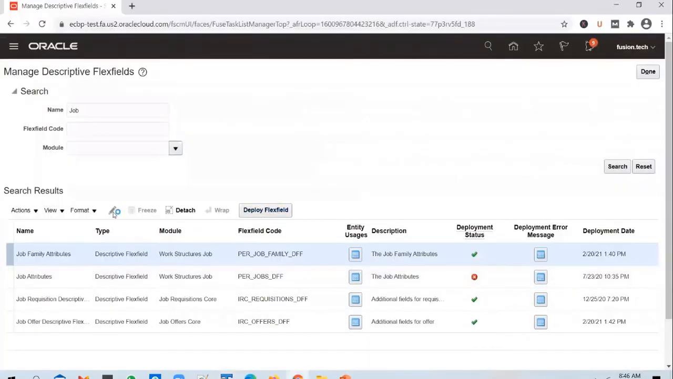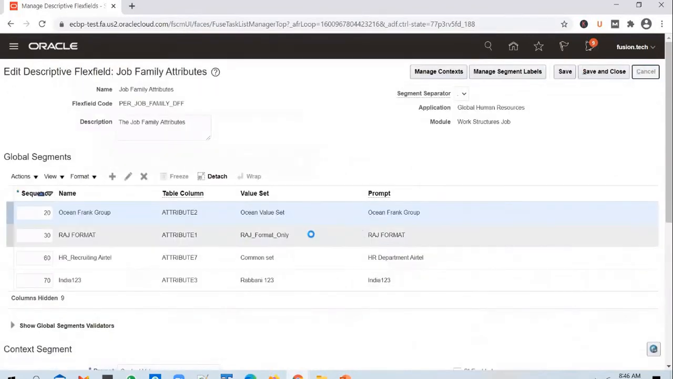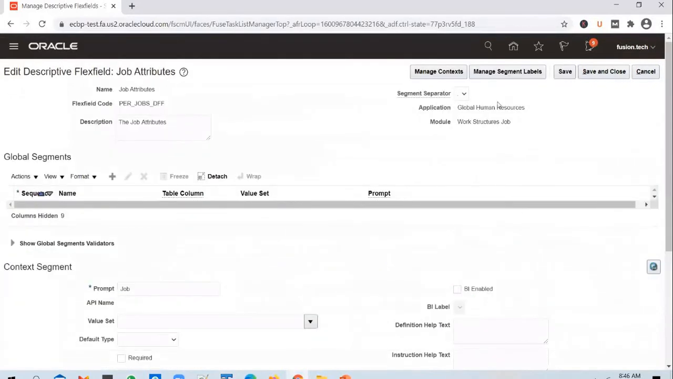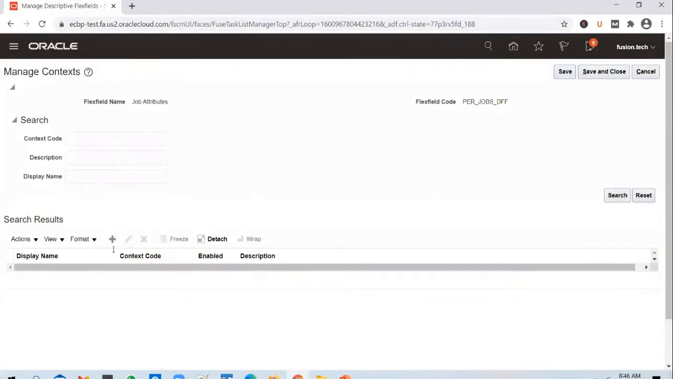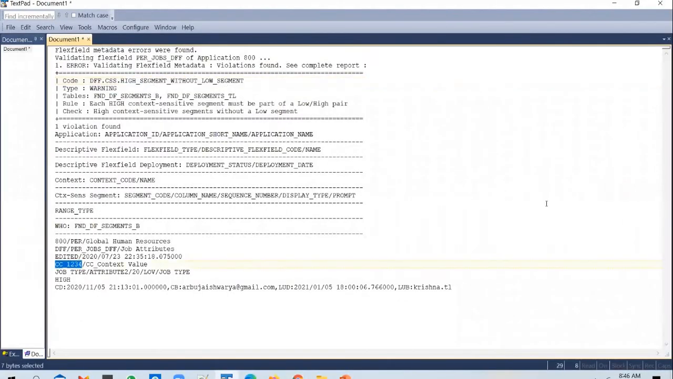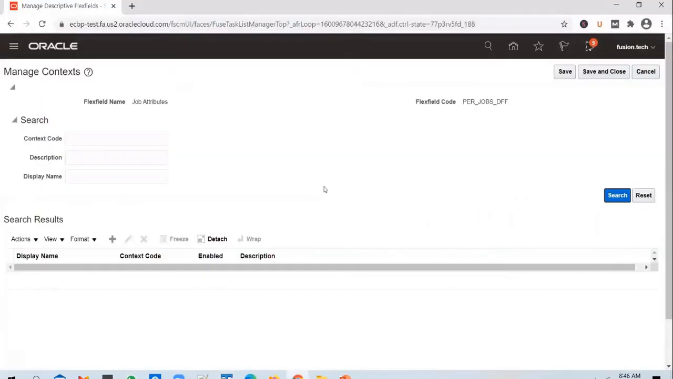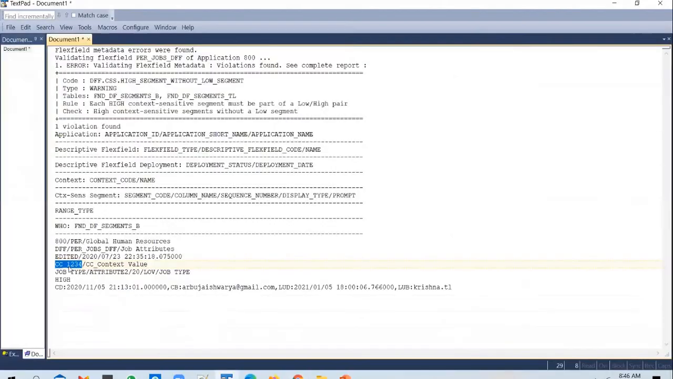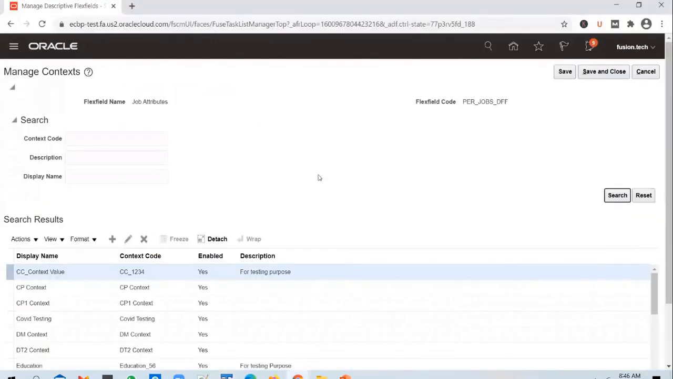Okay, so let's get into the, okay, not the family attributes. We're trying to resolve the error we have with the flex field, and then we get into the actual topic. So we search for this. Let's do a blind search. It's okay. There are only a few, and this is a value set. This is a context that has got a problem. CC_1234. Edit it,